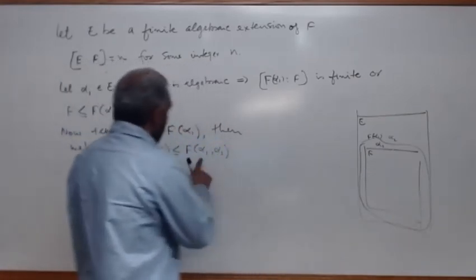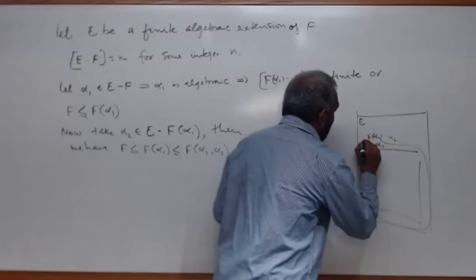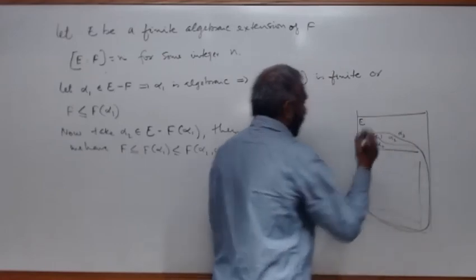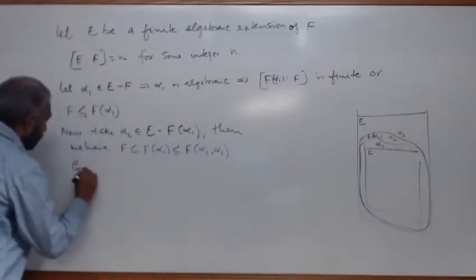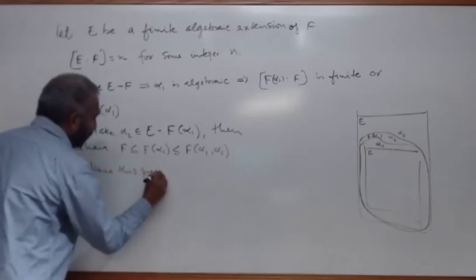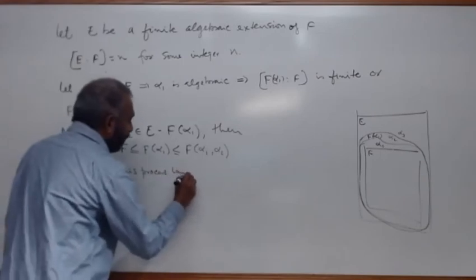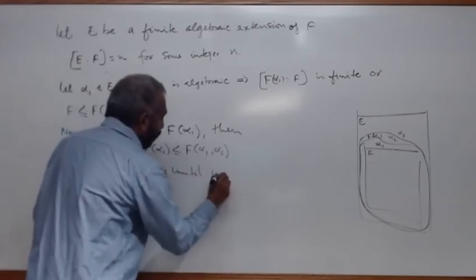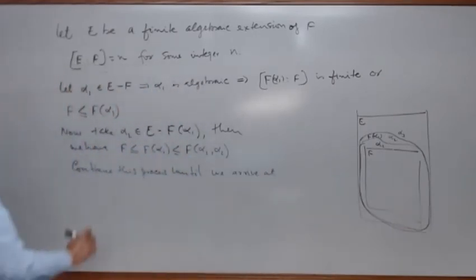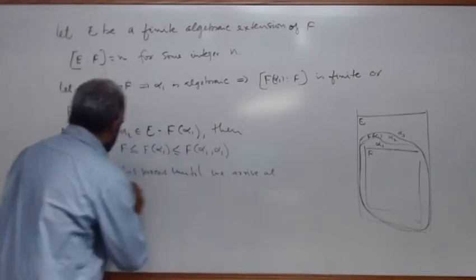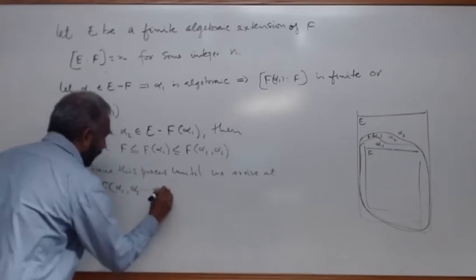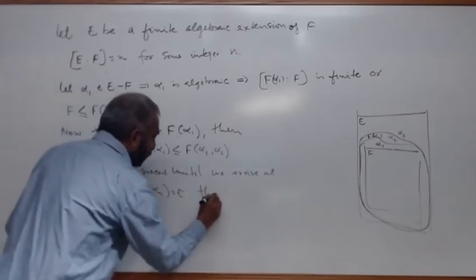F(alpha 1, alpha 2) is a field containing alpha 1, alpha 2 and F. We'll take another element here, alpha 3. Continue this process until we arrive at F(alpha 1, alpha 2, ..., alpha n) equal to E. This is possible